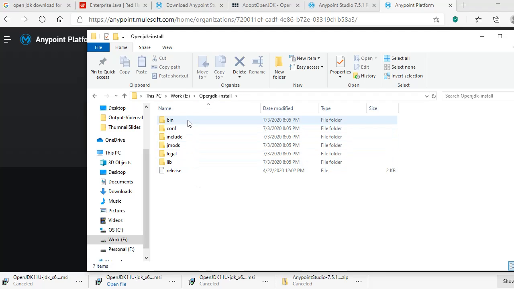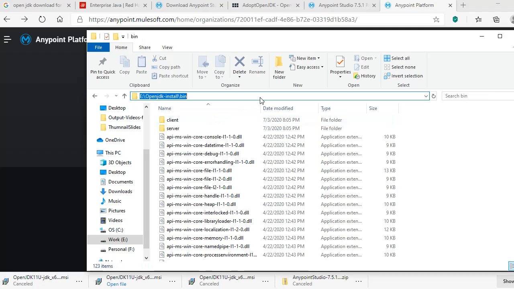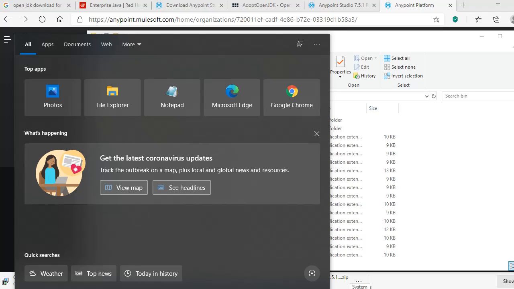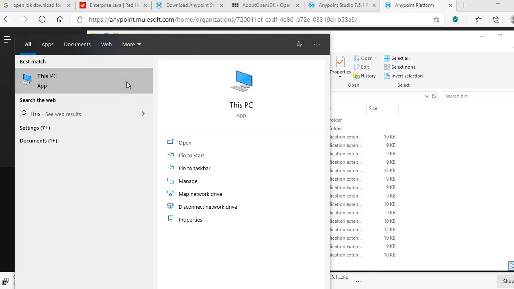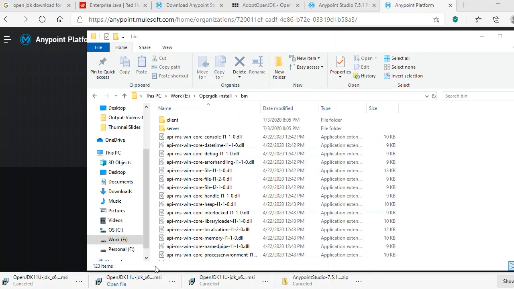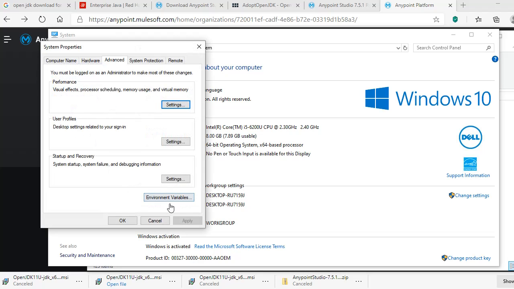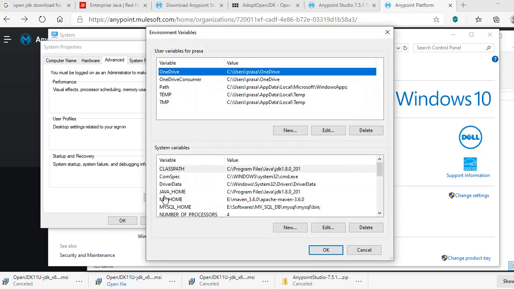So our next step is to set up environment variables. To do that, just click on this bin and click here. Just copy this path. This is our installation path. We need to provide this value into one of our environment variables. To get to environment variables, in your start search, click on This PC, right click on properties, go to advanced system settings, and here click on environment variables.